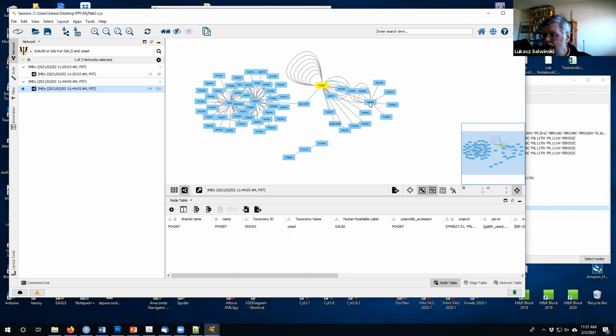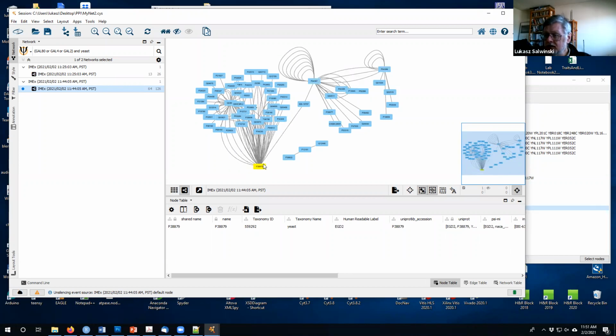There's quite a few cases like that. So this is a protein that forms oligomers. This is a protein that forms oligomers. This one is not, but this one does. So some of those have loops corresponding to oligomers,